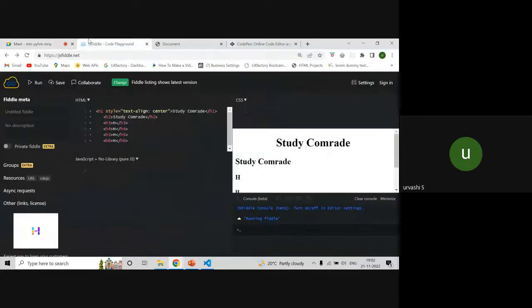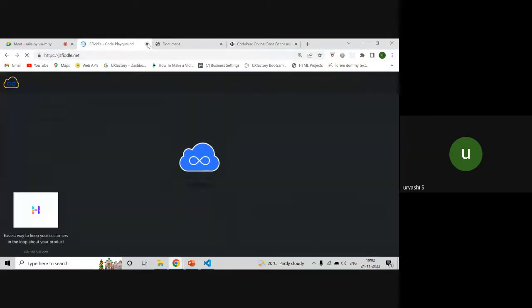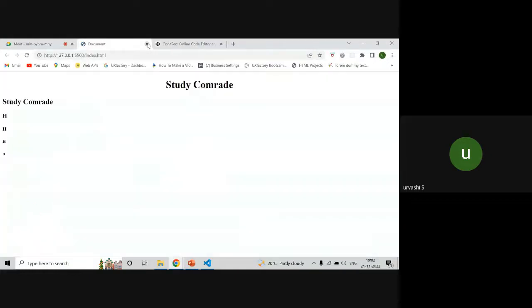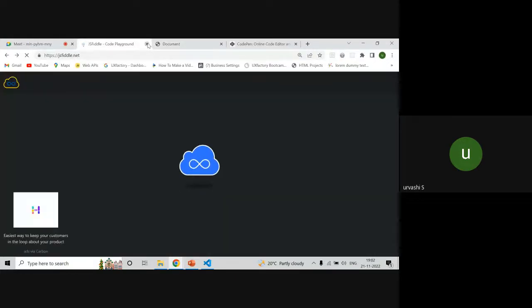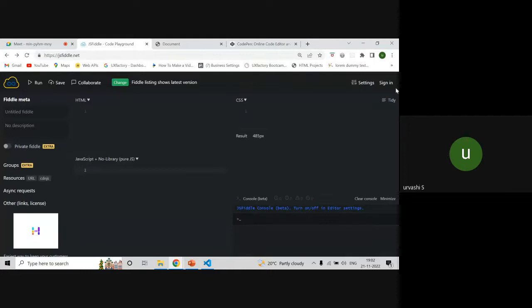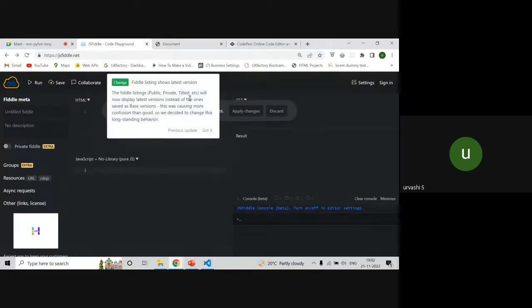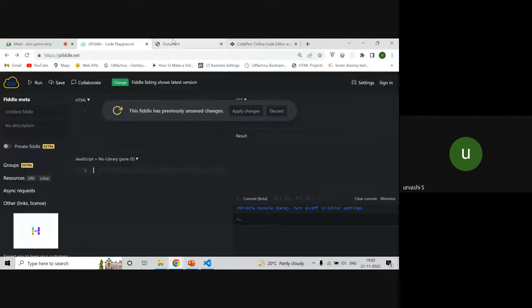But you need to create an account, because once I refresh or close this browser, this code will go. So if you want to keep your code for the future, create an account and store it there.